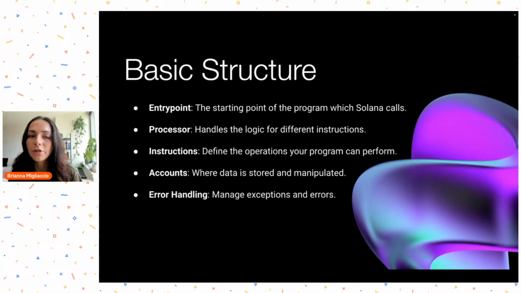Okay. So here's the basic structure of what a smart contract would look like on Solana. You have an entry point, and the entry point is the starting point of the program. And that's what Solana calls to be able to access all of the information within the program itself. You have your processor, and that handles all of the information for different instructions. So it's just a way to list all of the instructions that are associated with a specific program, and you'll just be able to pick which instruction you want to access by